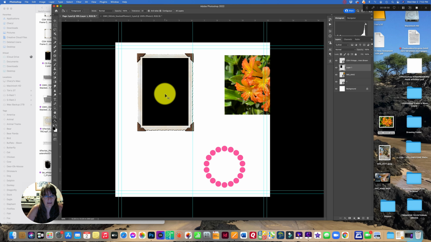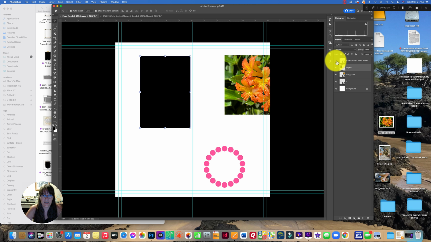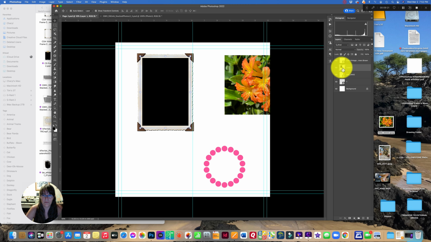And so I'm going to Command D to unselect it, and go up and get my move tool, and I'm going to take the frame off so you don't see it. So now it has a black background underneath the frame, and you can do this with a lot of your PNGs. What you want to do is put a black frame, a black rectangle or circle behind it,